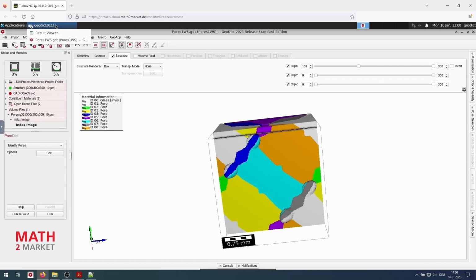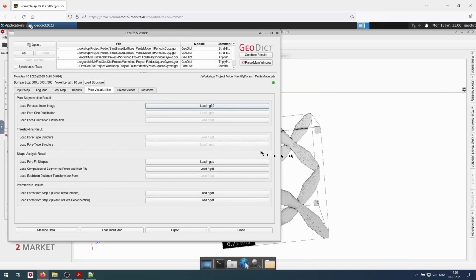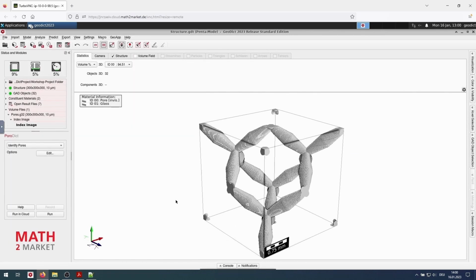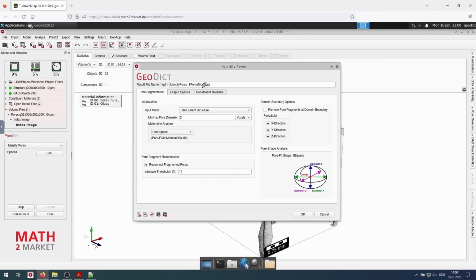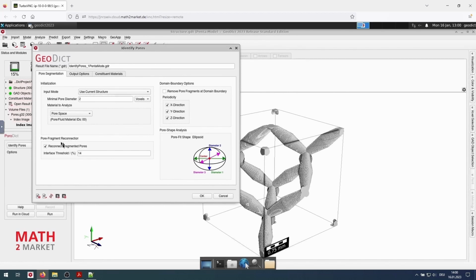Therefore, we go back to the result viewer and we click load structure to load the pentamode model again. And now we go to identify pores and we click edit. The reason is that this pore fragment reconnection reconnects the pores. In general, using this option is advisable.